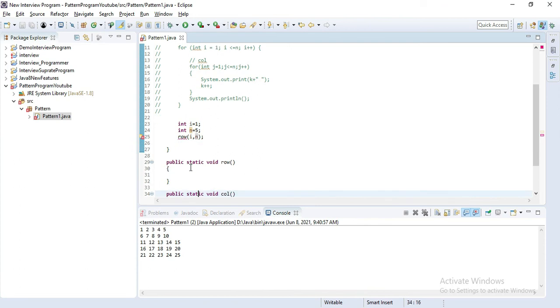Now we have to declare those parameters inside row, int i and int n.